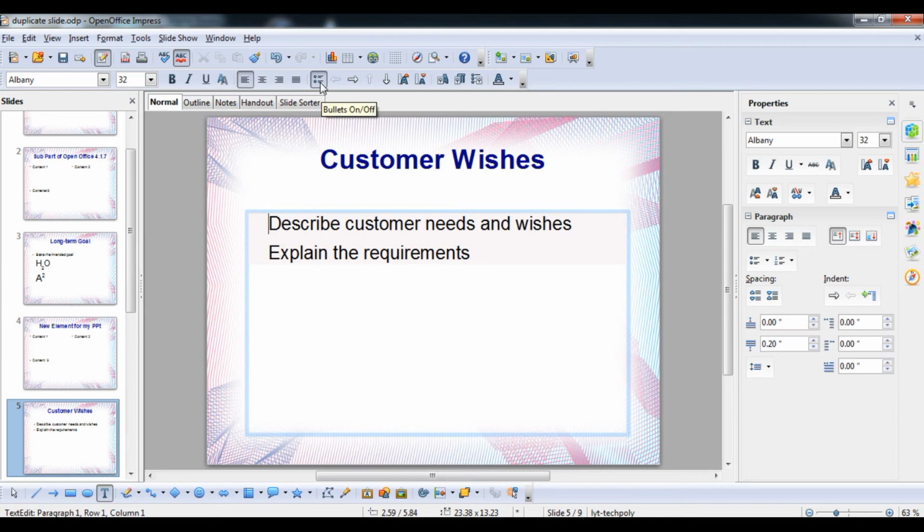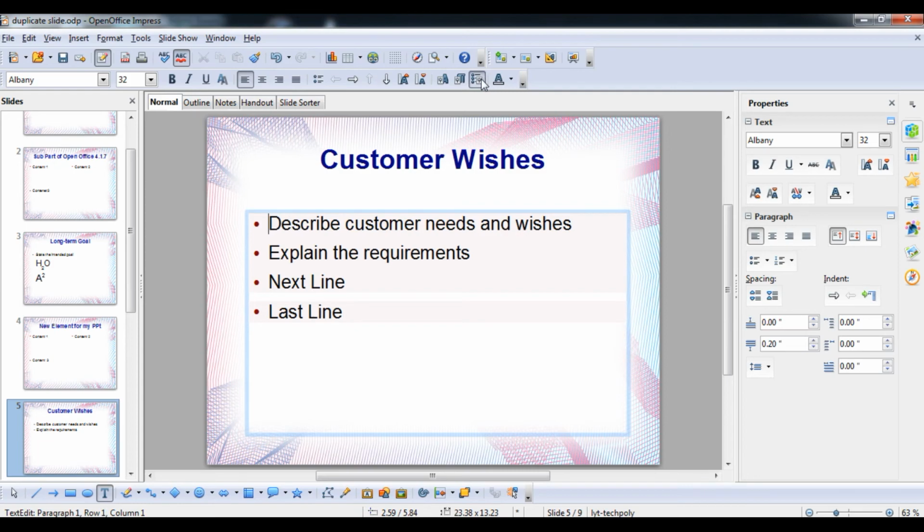Now, student, we have to go to this option, Bullets On/Off. When you click on bullet on, you can see this bullet has come. As you come to the end of the line, you have to press Enter, and it will form the bullet list again. Suppose the next line, and now you can see this last line. By this option we understand how to create the bullet list.